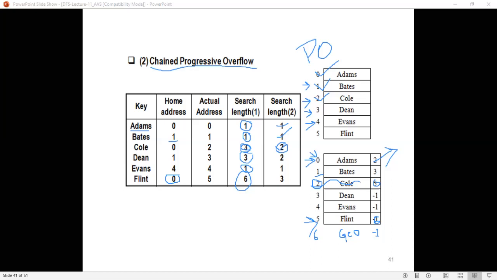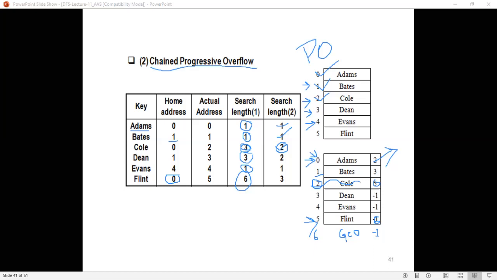Cole: 0th address, 1, 2. Two accesses. Next, in the earlier case, 3 accesses; here you need only 2 accesses. Next is D, home address is 1.